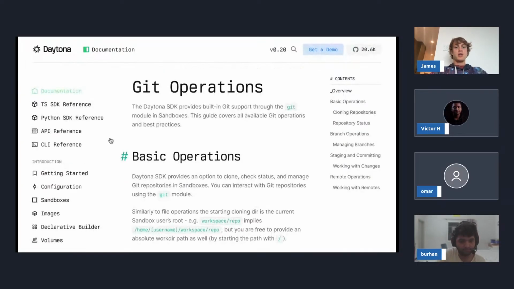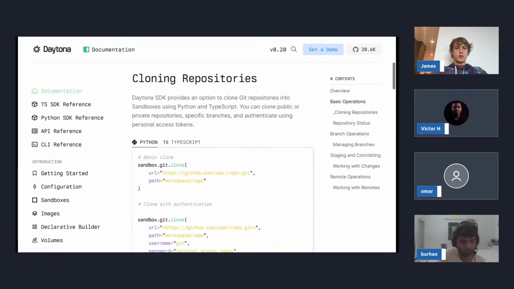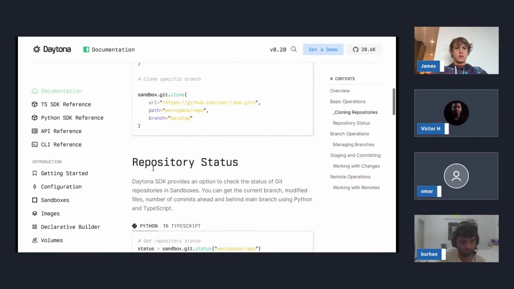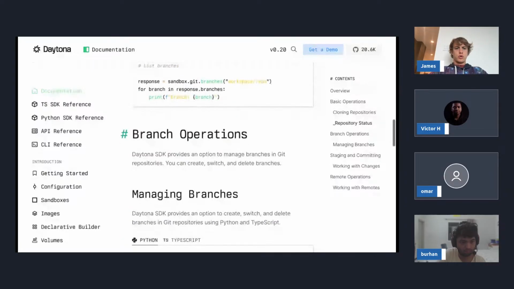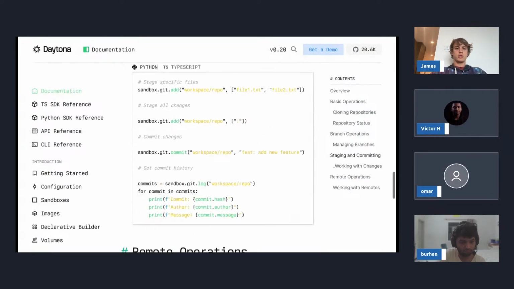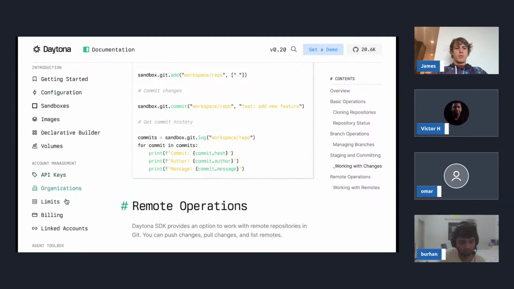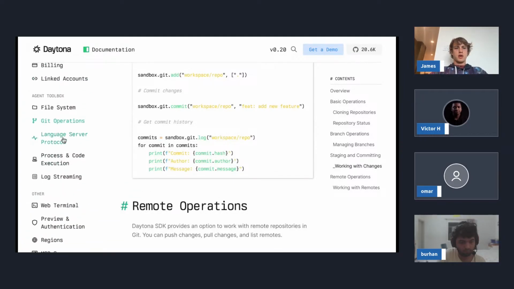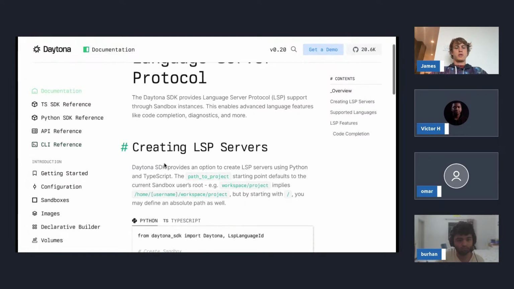They have Git built in, which could be kind of useful, so you can connect a folder on the sandbox directly to Git. And another really useful thing to have is a language server, which means that